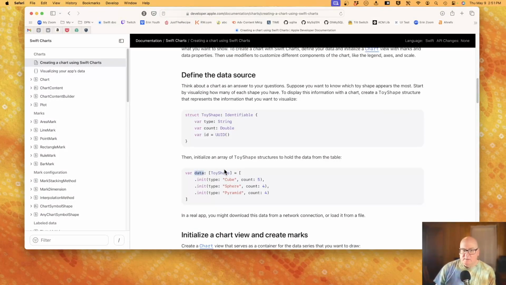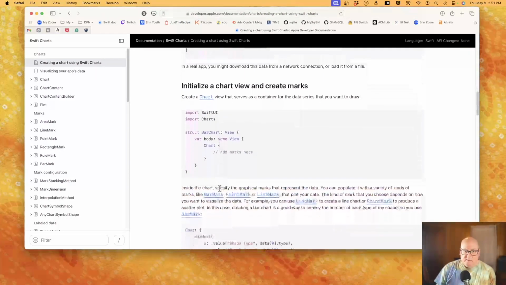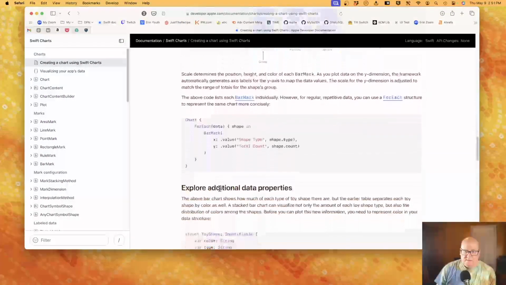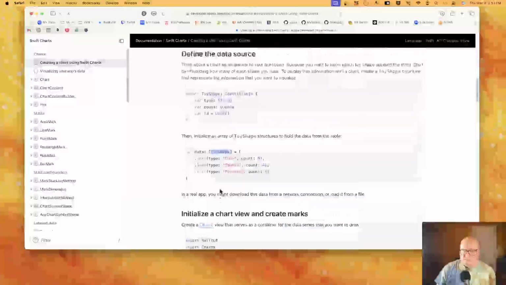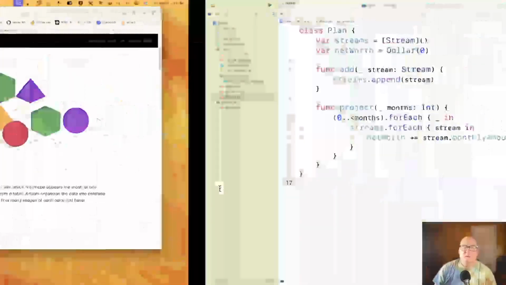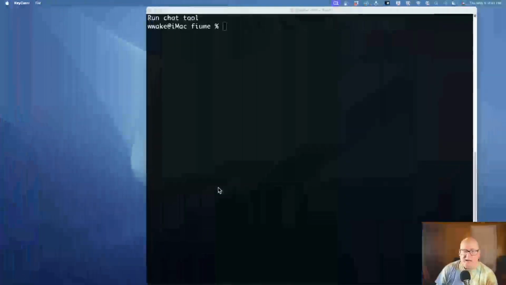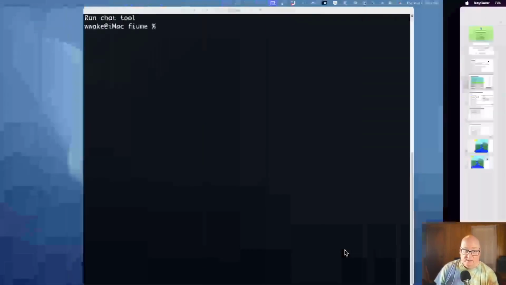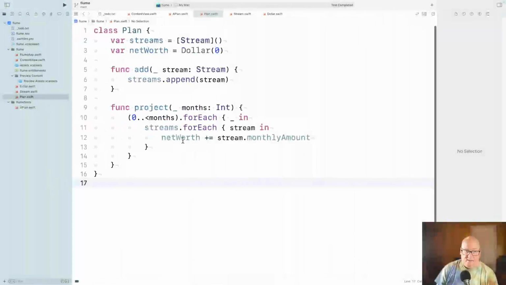Yeah, so toy shape. Right. So I'm kind of imagining us getting to the point of showing some very primitive version of this on the left and the net worth impact on the right as a chart and project.